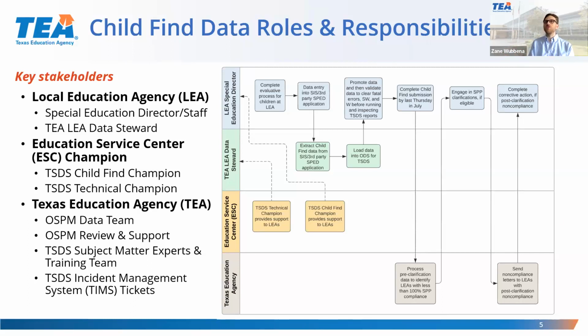They are the ones who become the point of contact when a corrective action is in place. And these corrective actions, of course, are not at the state's discretion. That comes from the federal government: if noncompliance is identified, then that noncompliance has to be corrected in no more than a year from the date that the LEA receives written notification of that noncompliance. And because the bulk of the impact of the child find collection relies on the special education staff,